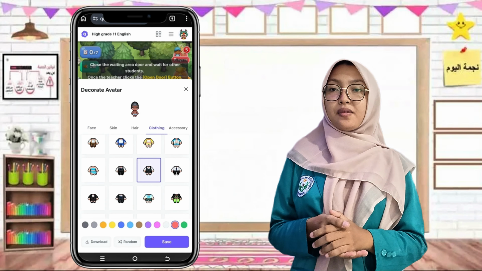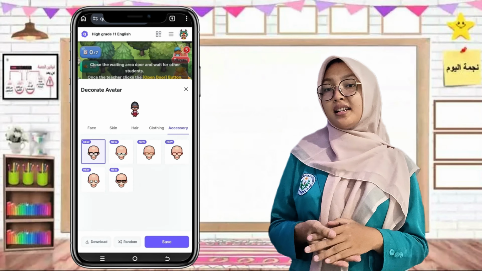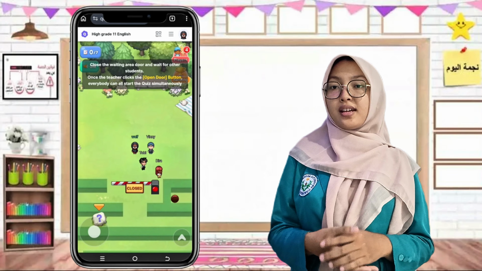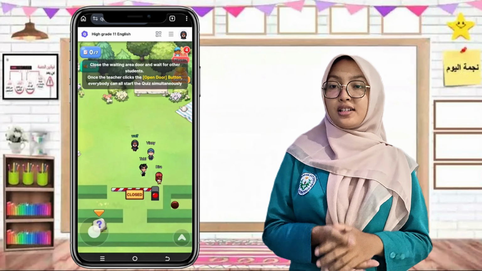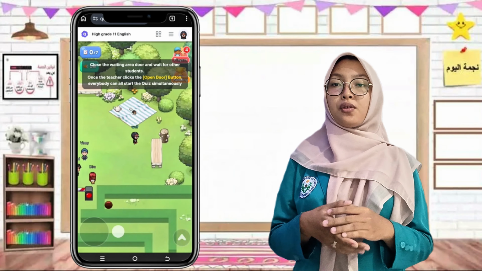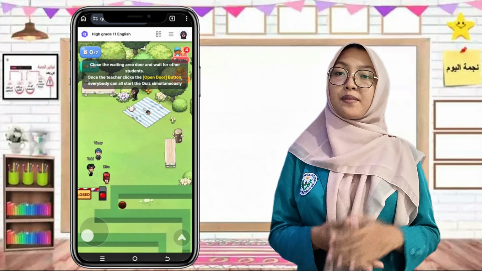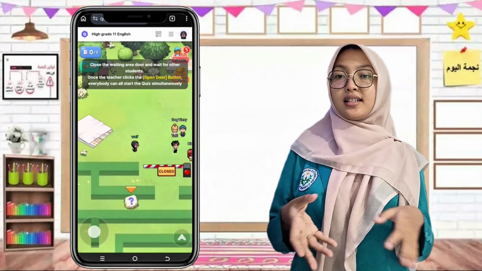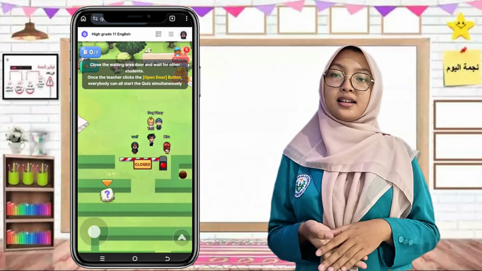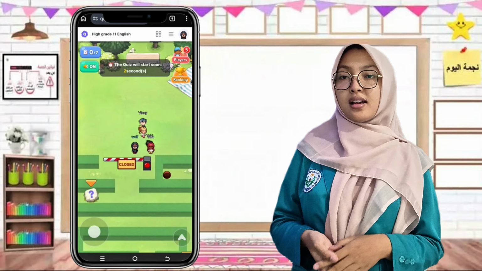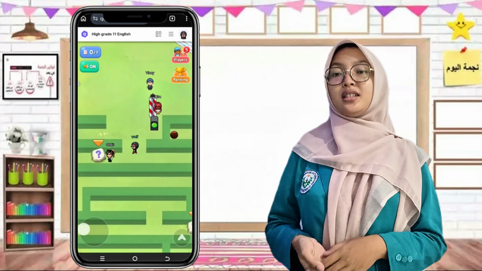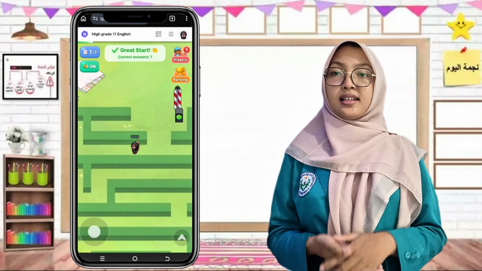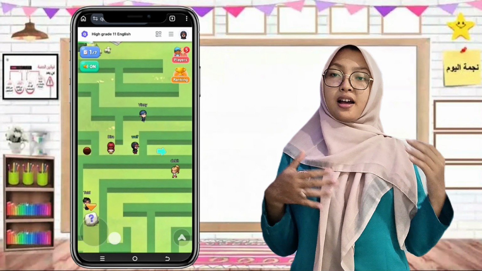And step 4 is typing the student's name or nickname, and this nickname will appear during the activity and help teachers identify the participants. Step 5 is choosing or customizing an avatar. Students can select their preferred avatar before entering the virtual room. And step 6 is entering the virtual classroom successfully. After joining, students can see other participants too, and then they can explore the virtual environment and wait for instruction from the teacher. And step 7 is participating actively in the quizzes, discussions, and classroom activities that have already been prepared by the teacher.